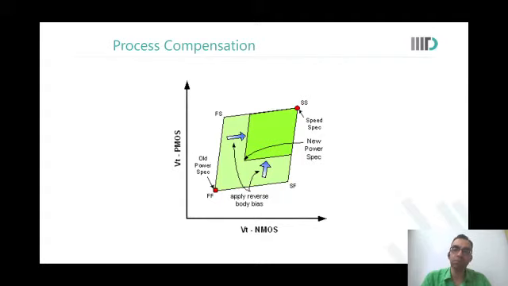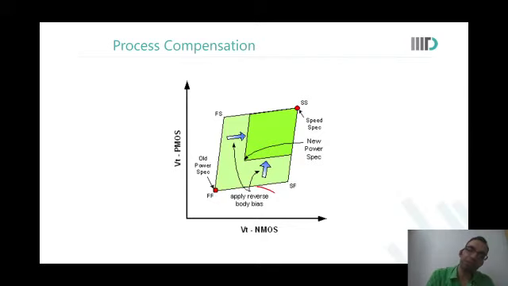But the devices are fast, so you say, and my leakage is very high. You say, oh, can I do something to arrive at 2 gigahertz instead of 3 gigahertz, but I reduce the leakage? So what would you do? You can do multiple things. You can, for example, apply body bias.